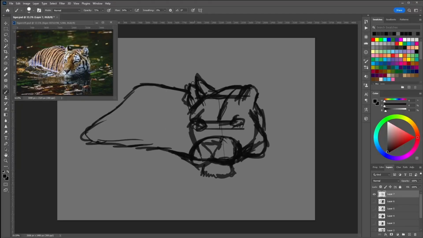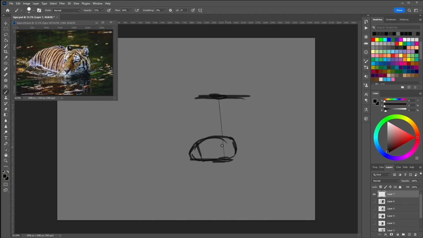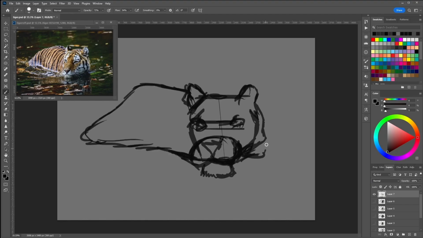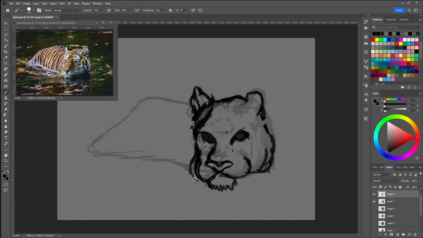Today you're joined by me, Daniel, and we are here drawing this tiger. Now, this tiger is an image on pixabay.com. It was an image that I just saw, it poked out to me, and I was like, yep, I'm tempted to draw this. That's why websites like pixabay.com are awesome because you can find random imagery